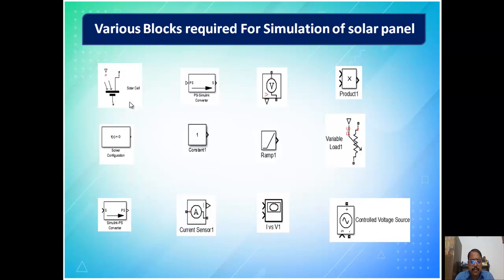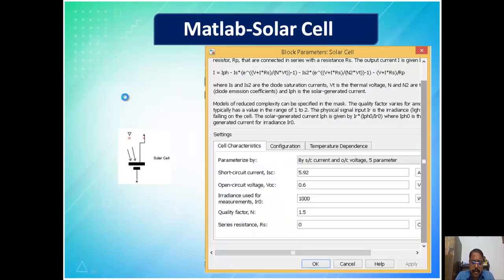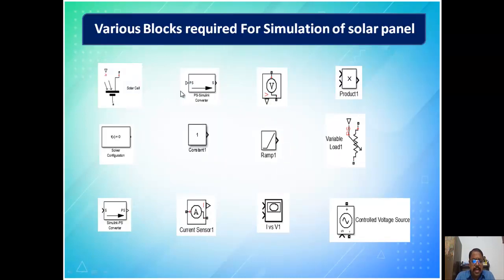You need a solar cell. See, this solar cell is not available in Simulink, it is available in Simscape. So I have already told you Matlab is matrix laboratory. So in a matrix laboratory, Simscape cannot be directly used with Simulink, because Simscape will separately be solved with a separate solver. So to club it, I use